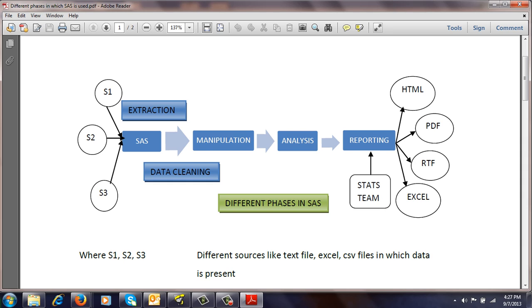That is, you are going to extract the data from different sources into the SAS format. SAS does not store the data, but it will convert the data into a SAS format called a SAS data set. The data set keyword we are going to discuss just after this phase. So the extraction phase is nothing but extracting the data from different sources.